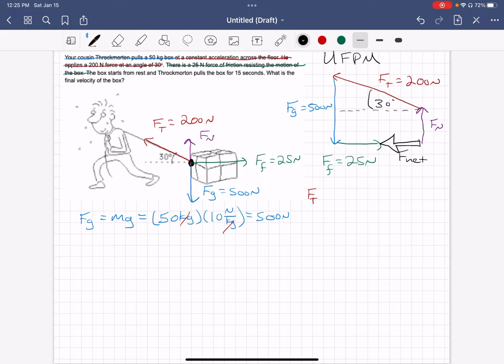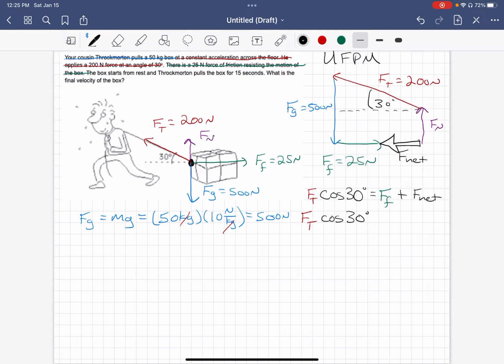To find the length of that dashed line, I would do my tension force times the cosine of 30 degrees. And then that must be equal to the force of friction plus the net force. Since the net force is what I want to find at the moment,